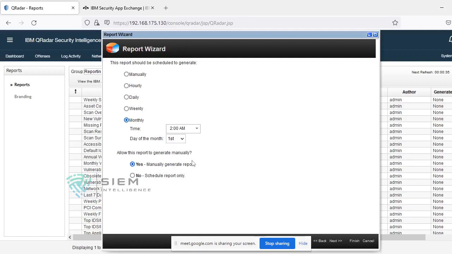This is for when you have set up your report and you want to go for something other than the schedule. This is your schedule, but you want to go for manual also. If you press no, that means this particular report will not be generated manually. It will only be created on the basis of the schedule. So you have to select either yes or no with respect to manual according to your report.